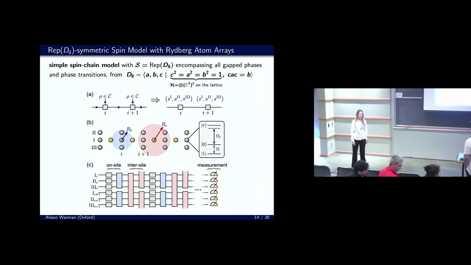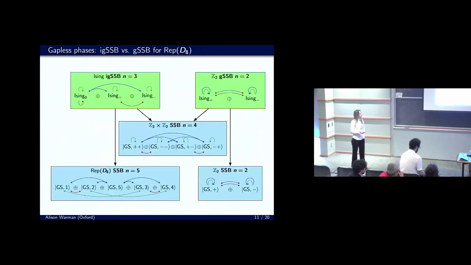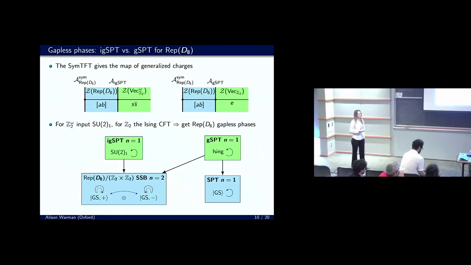For the intrinsically gapless SPT, you showed this interface, and there was an emergent anomaly with the Z2 symmetry after. I was wondering if you had any intuition for these intrinsically gapless SPTs for generalized symmetries. Is there always an emergent anomaly? I'm not sure, I don't know. So in this case there is, but I don't know in general, sorry.